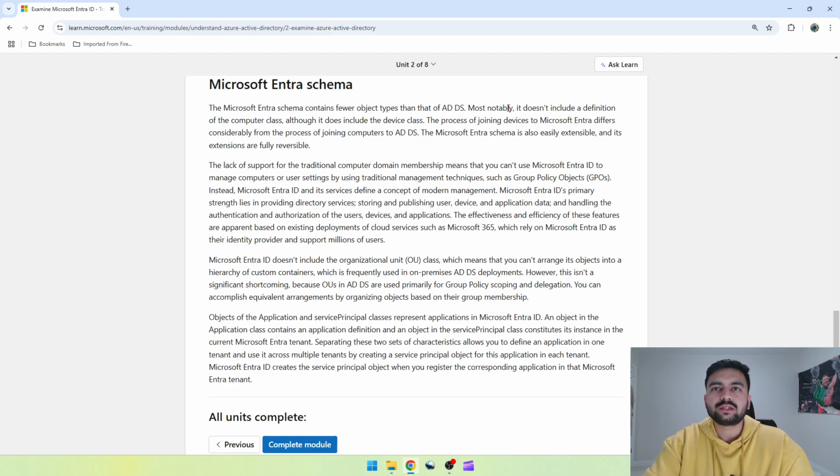So this is you doesn't, most notably it doesn't include a definition of the computer class, although it does include the device class. The process of joining devices to Microsoft Entra differs, also easily extendable and extensions are fully reversible. So I think what Microsoft Entra schema is, how it works in local AD is us joining our laptops to